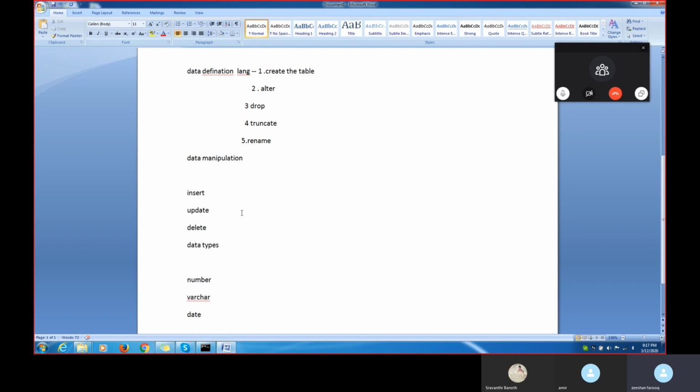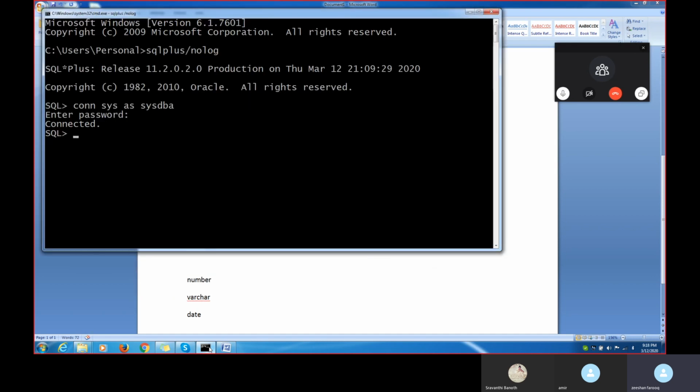And then how do we insert the values? Once we insert the values, how do we remove them? How do we truncate them? Everything. Now, let's create one table. Create table. What table name am I putting here? I can put any table name. For example, I am putting the table name as Jack.